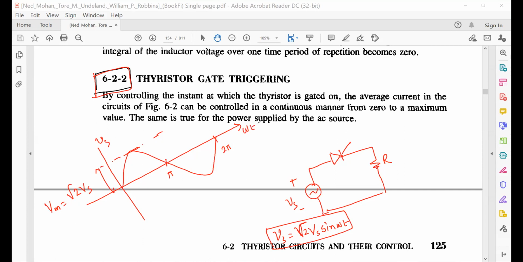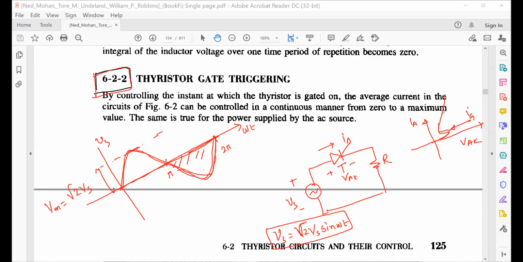Now when we want to fire this, suppose we have applied this sinusoidal. For the negative cycle, if you apply any firing pulse, will this thyristor T conduct or not? That is the main thing. If you go back to the characteristics of your thyristor, suppose this is your IA, and this is your VAK, anode to cathode voltage. I told you, if I apply a gate pulse, then the thyristor